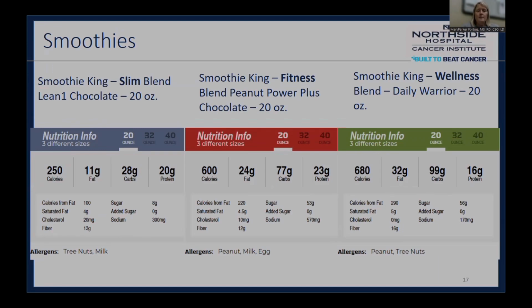So I pulled up some different Smoothie King options just so you can see the difference in what you're getting. You can see this one shake, the Slim blend, has 250 calories compared to the Wellness blend that has 680 calories. The one thing I wanted to point out here is that if you go to a smoothie shop or somewhere that's making your smoothies, it's important to look at the nutrition info,